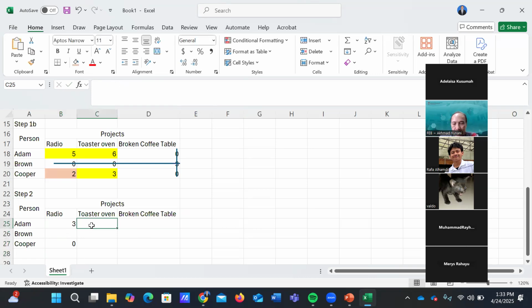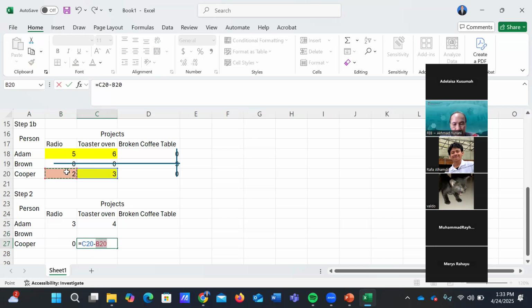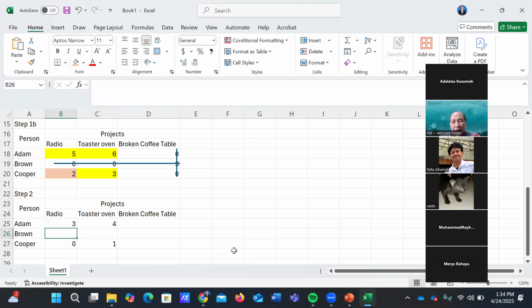This one also subtract by 2, and here subtract by 2. And the others that are covered by the line but not in the cross, the number is still here. No change.